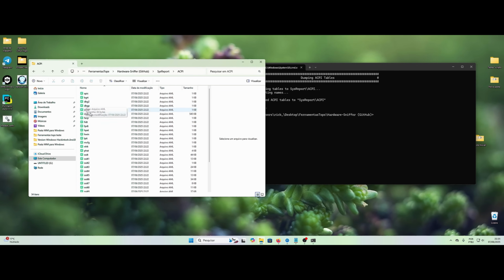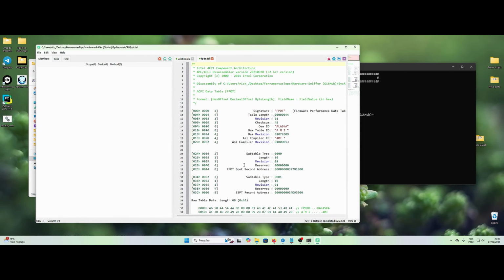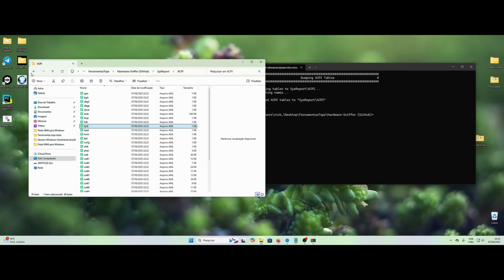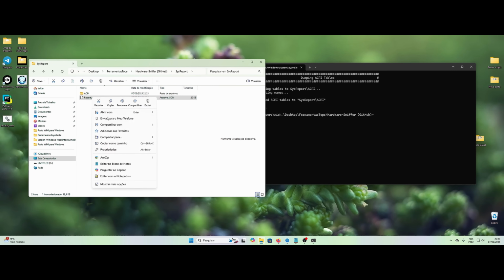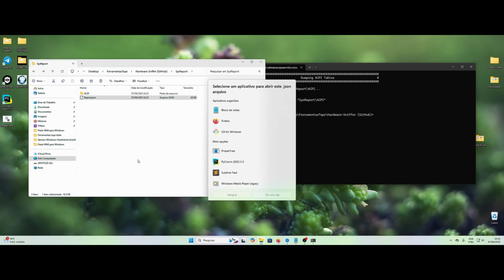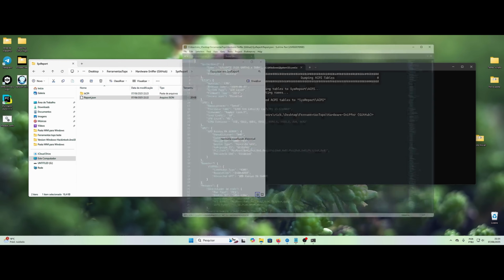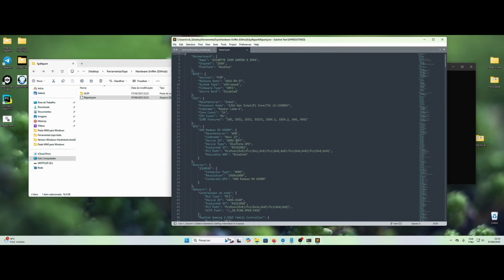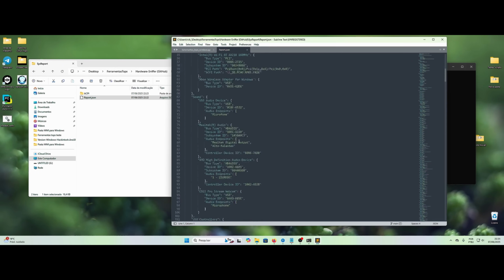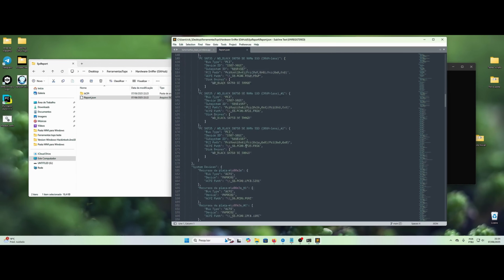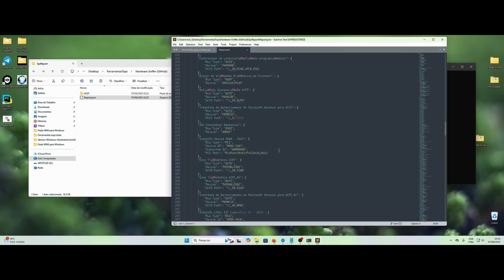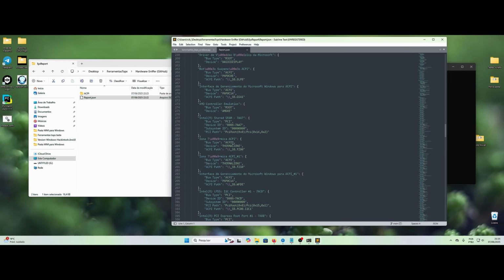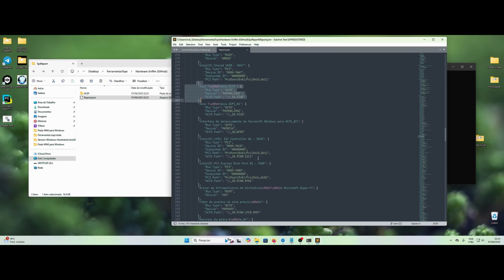I'm going to open it here directly because I already have Sublime installed on mine. So it already opens here. Here is the JSON. I'm going to open it here with Sublime. It's opening with Sublime here. It makes a really fair dump. It is very interesting. We do it this way in developer mode. It is very worthwhile. Oh, it picked up my thermal zone here, from the motherboard. It's very interesting.